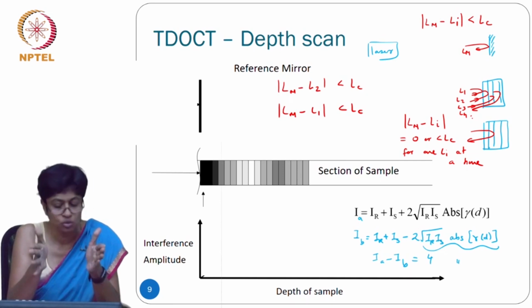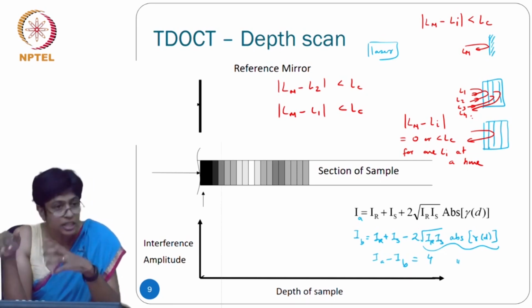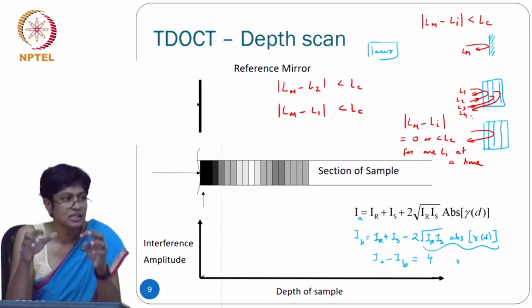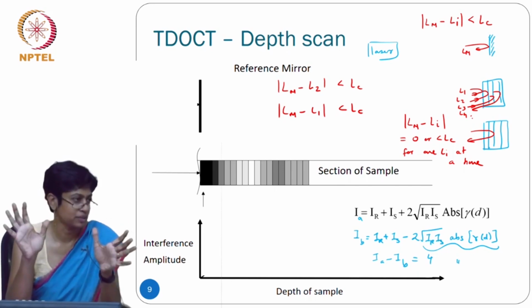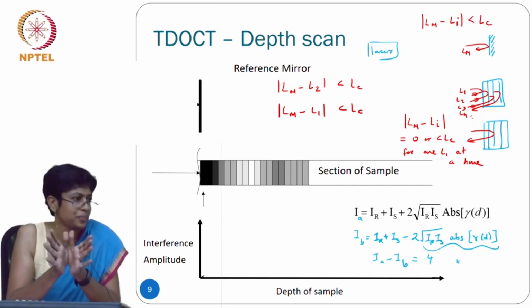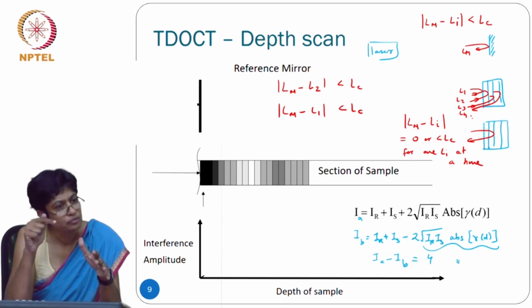I do not have time to do the Fourier domain. What the Fourier domain does is get rid of the movement of the reference mirror and say, well, I can just take a Fourier transform of the signal and extract the information from there, because it's buried in there. So I'll not talk about that, because I want you to get the idea that we've talked about